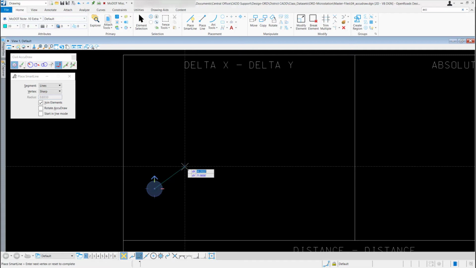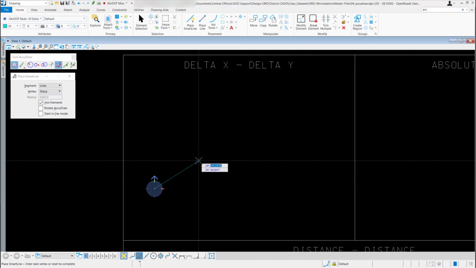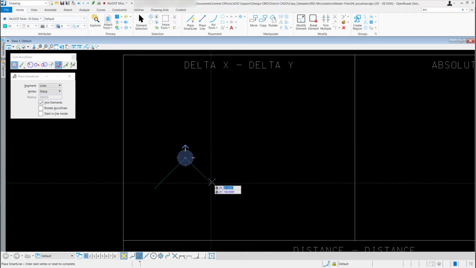To switch back and forth between the fields, you can just hit the tab key, and that will switch you between the two fields. So now if I want my DX value to be 100, since it's highlighted in that field, I can just type in 100 and hit enter to lock it in. And then if my DY field needs to be 100, I can type in 100 there and lock that one in. Now when I move around my mouse, you can see I have my fields locked in at 100 feet each. If that's what I want, I will just left click to accept it, and now I can enter my